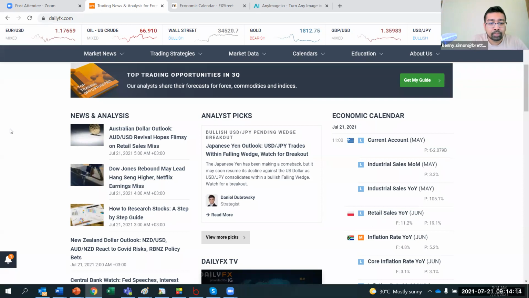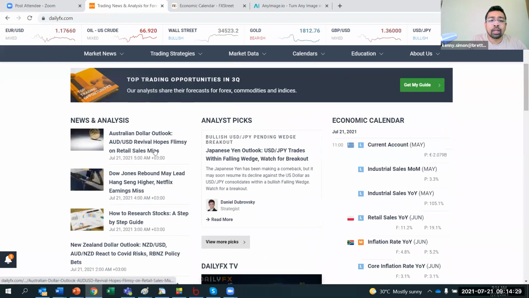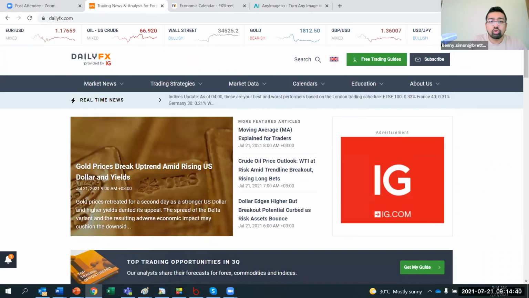So with that, of course, we want to take a look at gold. We must take a look at gold. That is the feature right here. We want to take a look at crude oil as well, and then all the USD crosses, and also the Australian dollar. And for those who are interested in the indices as well, we can take a look following the questions that you may have. So with that, I want to now go on to the FX Street economic calendar,